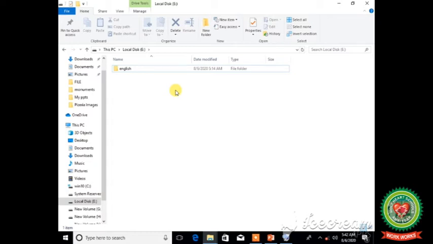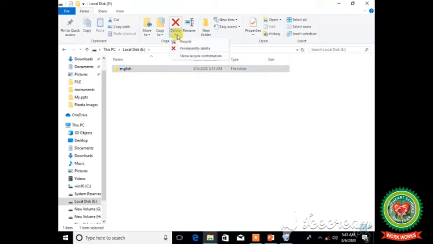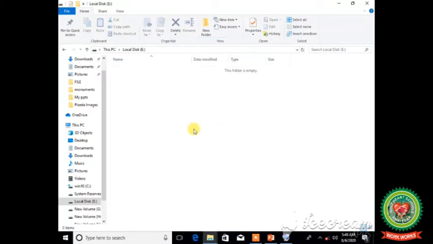And the third way is, firstly, select the folder, click on the Delete drop-down button and then click on Recycle. It will move the selected items to the recycle bin. So students, this is the difference between delete and delete permanently. Delete will move the deleted files to the recycle bin folder, and delete permanently will display a confirmation dialog box to delete the files or folders permanently.